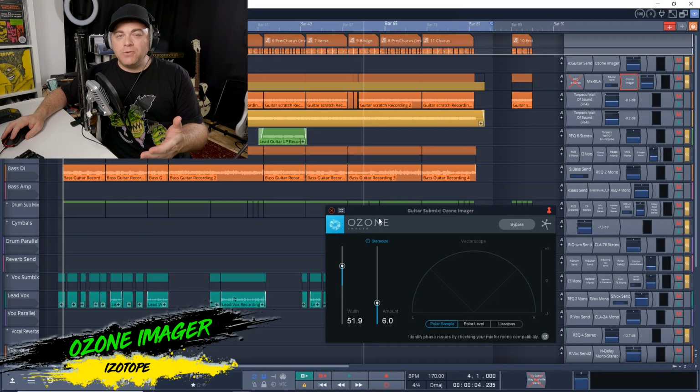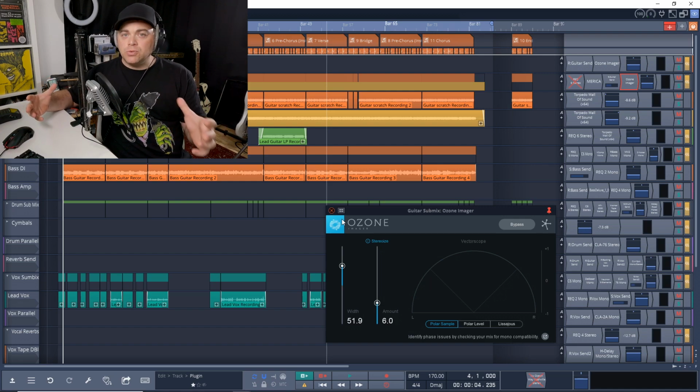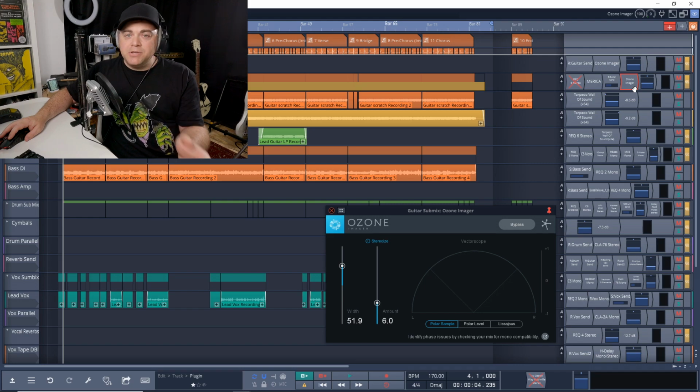Now, the next free VST plugin that I actually use is the Ozone Imager from iZotope. Now, this is actually the Imager module from the full Ozone plugin. Now, this will allow you to take mono tracks and make them stereo, and it can also help to widen tracks. And that's typically how I use this. I'll use it to widen individual elements in a mix, like maybe my guitars or my synths, something like that. Or sometimes I'll use it on the whole mix. And iZotope Ozone Imager is available for free on Mac or Windows.